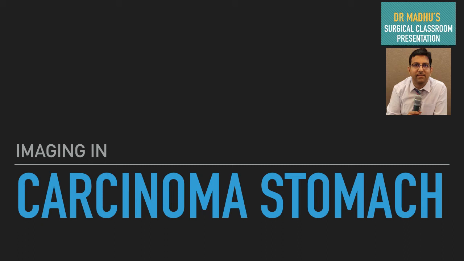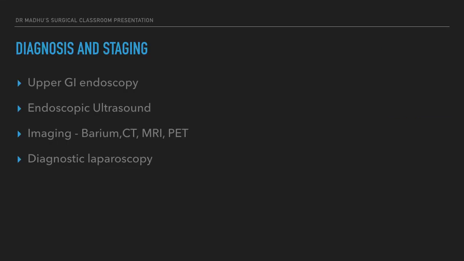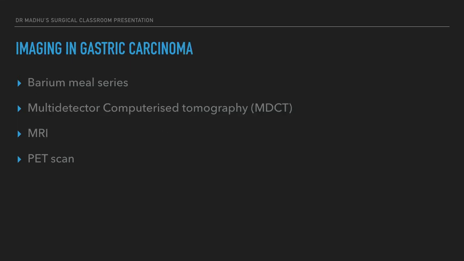Dear friends, in this presentation we will discuss the role of imaging in carcinoma stomach. As we know, there are several modalities for diagnosis and staging of gastric adenocarcinoma. Those are upper GI endoscopy and endoscopic ultrasound, several imaging techniques and diagnostic laparoscopy. The imaging techniques that are available in gastric adenocarcinoma are barium meal series, multi-detector CT scan, MRI scan and PET